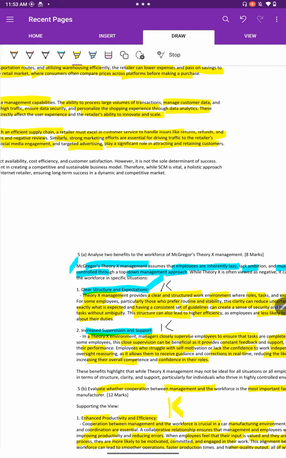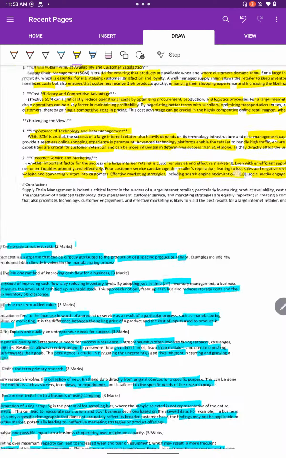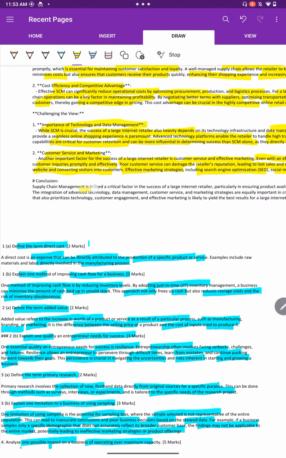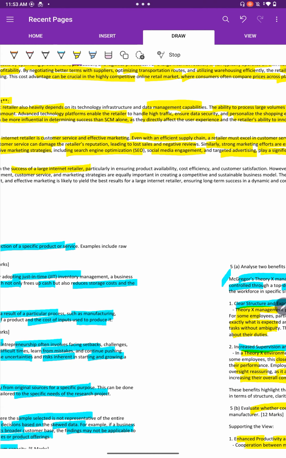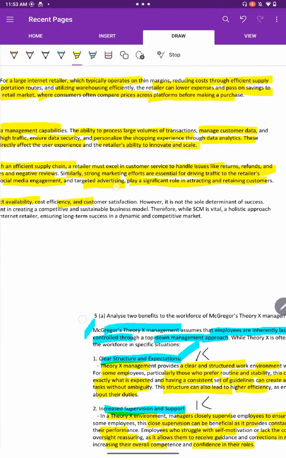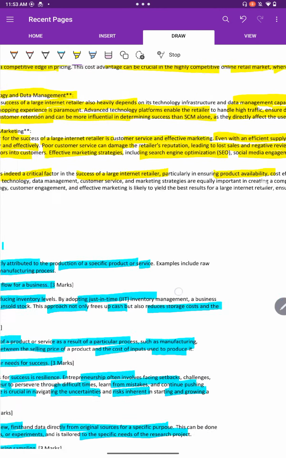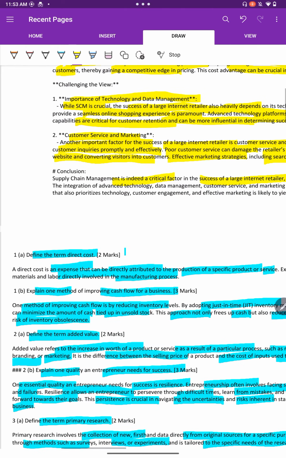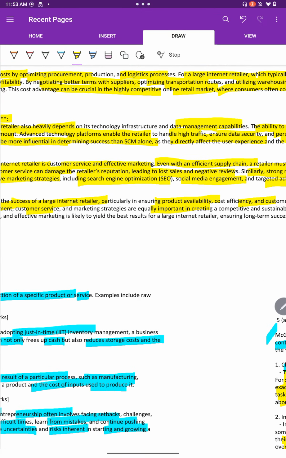Okay. And after that, I have concluded that supply chain management is indeed a critical factor in the success of large retailers, particularly in ensuring product availability, cost efficiency, and customer satisfaction. However, it is not the sole determinant of success. The integration of advanced technology, data management, customer service, and marketing strategies are equally important in creating a competitive and